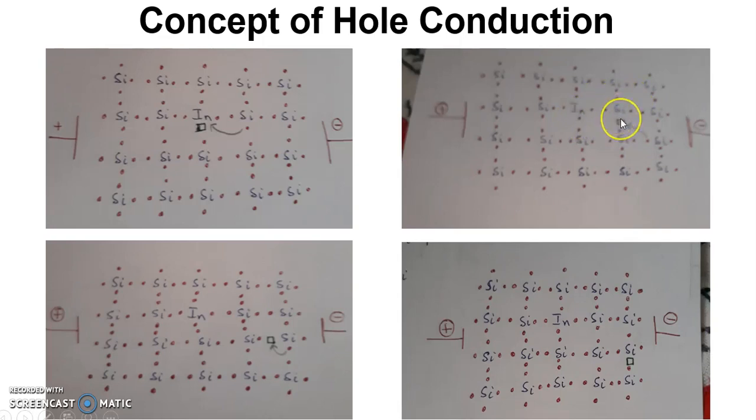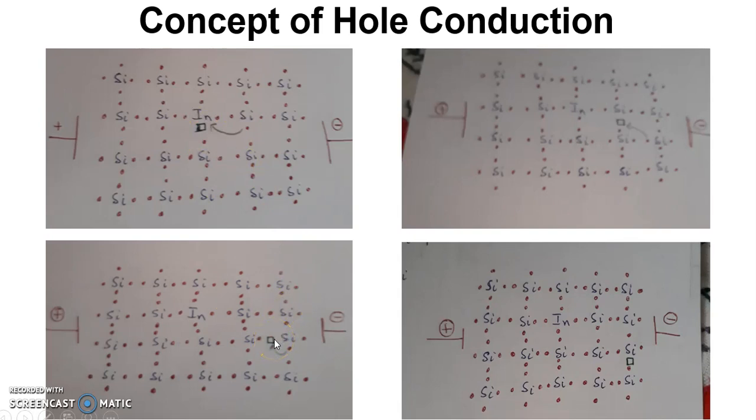Now because the battery is still being applied, these electrons are still getting attracted towards the positive of the battery. So from the neighboring silicon, an electron can jump from here to here. When the electron jumps from this silicon to here, it satisfies the hole, but a hole is left behind in this silicon. So now look at figure 3. You have a hole here and this has been satisfied. Now if you compare figure 1 to figure 3, you can see that the hole has moved from here